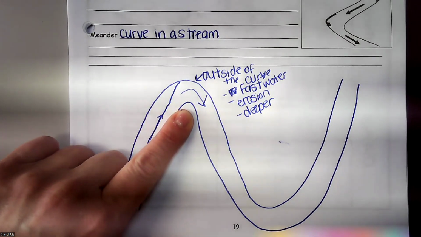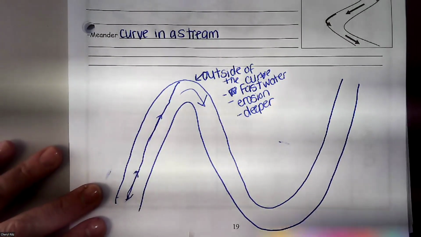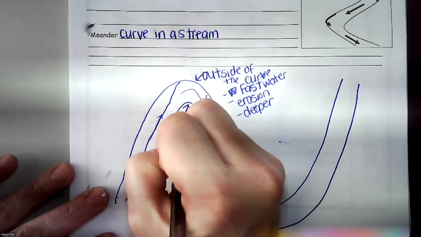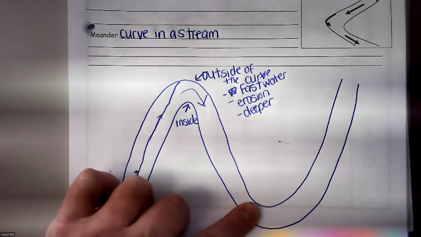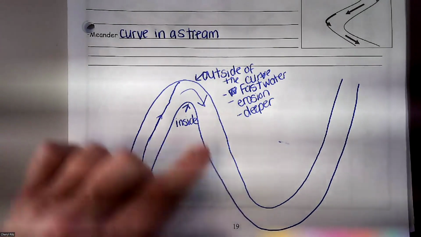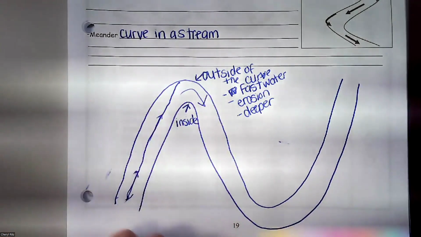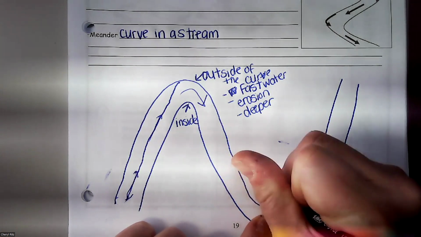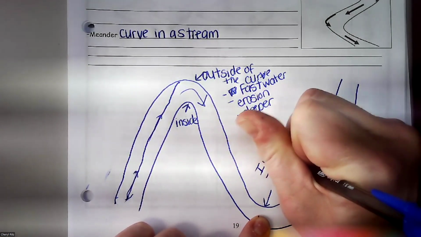There's an inside of the curve. Now, is water still going there? It is still, but it's going slower. I'm going to do, this is an inside here. This is also an inside of a curve. So you do always have to just pay attention. So going down, this is an inside of a curve here too. So you do always have to look at which way the water's going. So this is an inside here. And just like Sam said, it's going slower here.